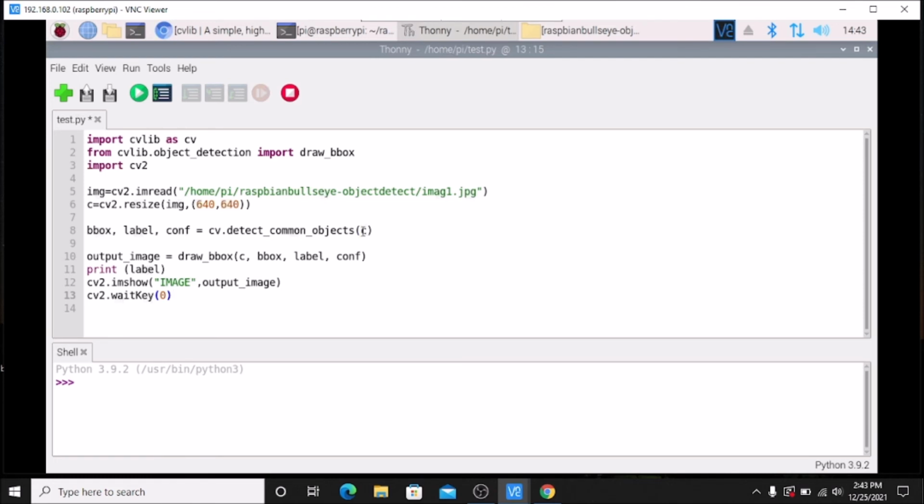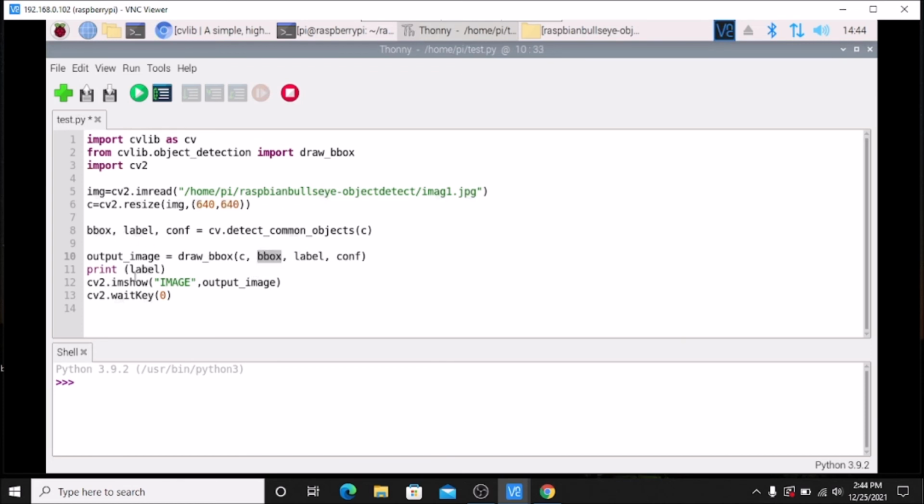And this is our resized image variable, as you can see. Then it will draw the bounding boxes on the image. For that, output_image is just a variable equal to draw_bbox, the function which we imported from cvlib.object_detection. Then our resized image, the variable c, and bbox, label, conf.